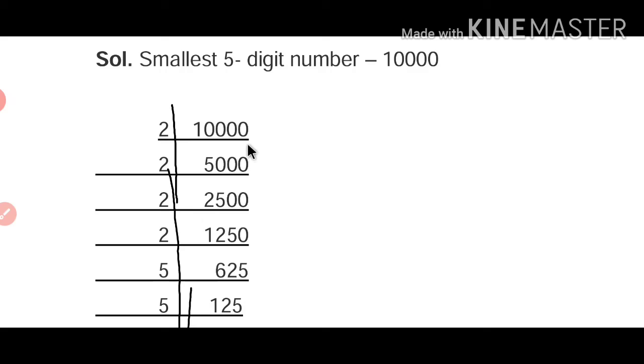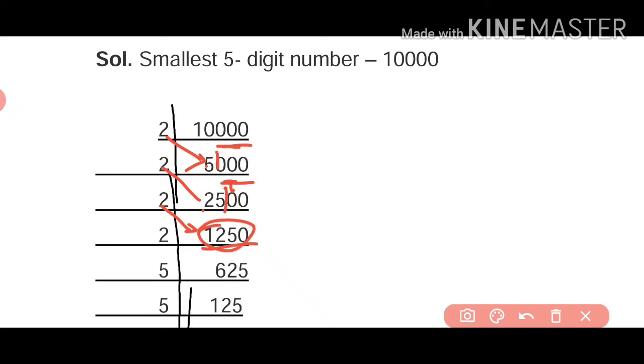So it is an even number, it means it is divisible by 2. So 2 5s are 10, and 3 zeros as it is. Again 2 2s are 4, means 1 is left, so 2 5s are 10 and double 0 as it is. Then 2 1s are 2, 2 2s are 4, 2 5s are 10 and 0. Again it is an even number, it means we have to divide by 2. 2 6s are 12, 2 2s are 4 and 2 5s are 10.